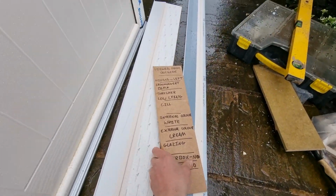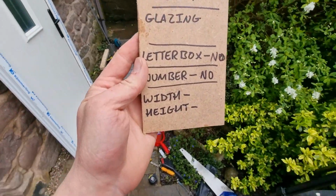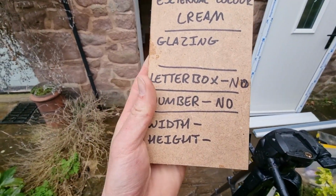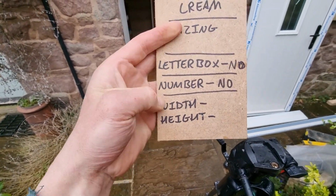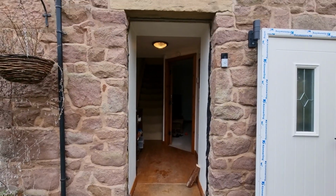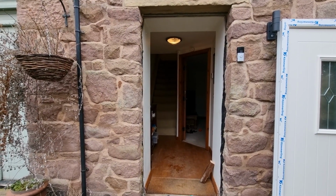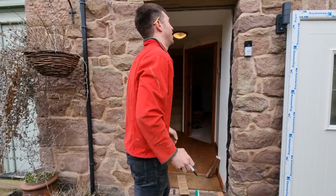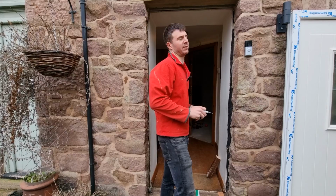Now the important bit you really need to pay attention to, and that's working out your width and your height. We'll go with the width first, because when you give your dimensions to your door supplier, they always like the width to be provided first, followed by the height. So you might have seen this before on other videos, but it's always important to measure width at a few different points. This is especially important in our scenario as we've got this random stonework. So I'm going to